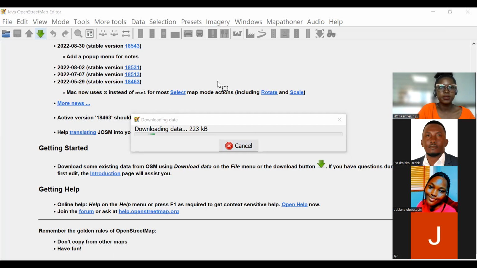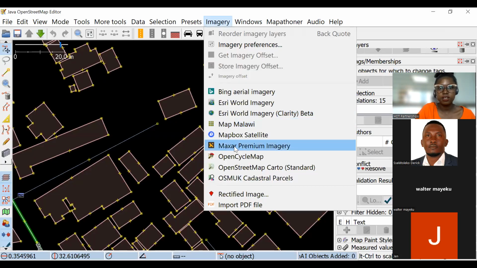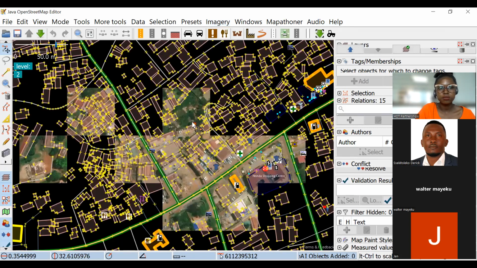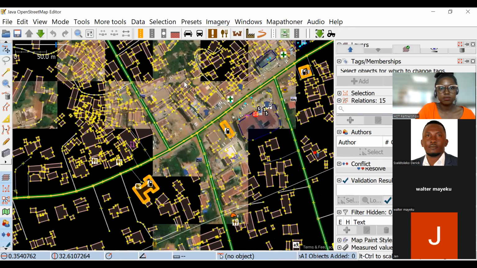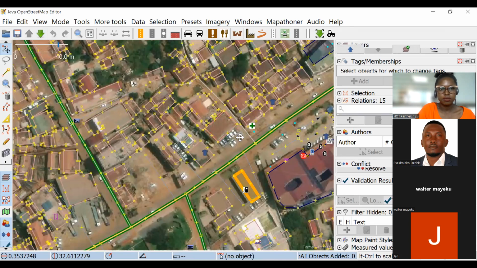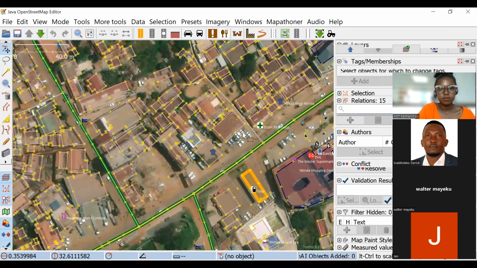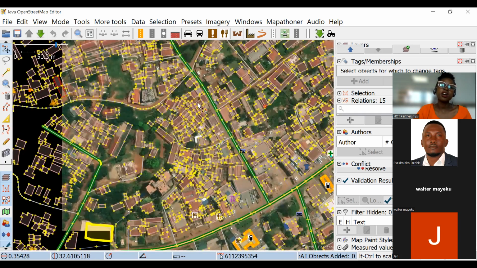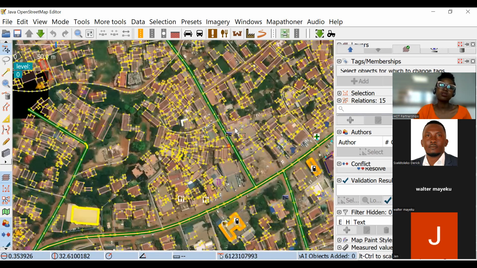Yes, go ahead, Ota. I have a concern with adjusting the offsets. When you're doing an adjustment, does it only adjust on the background of the task you're working on, the project, or the entire image? It adjusts the image for you, the way you've downloaded it, for you as a person. For instance, here, I would advise someone to do offset because you're not going to move all these